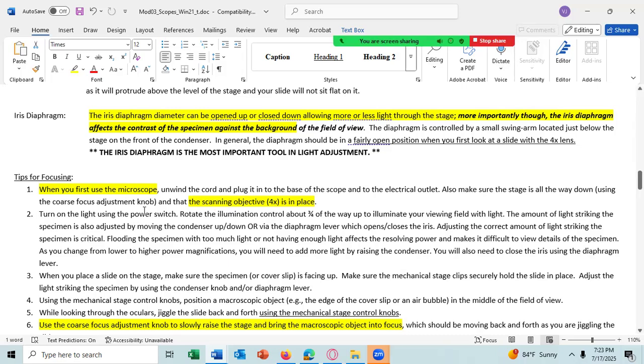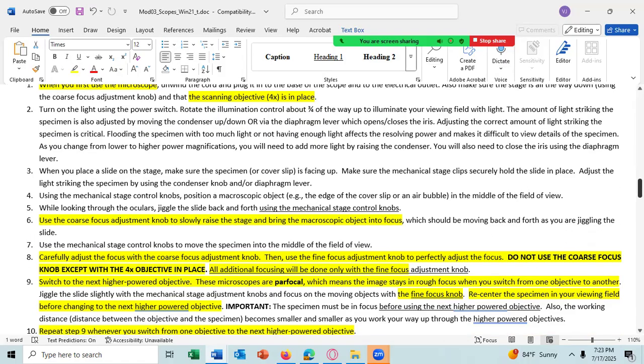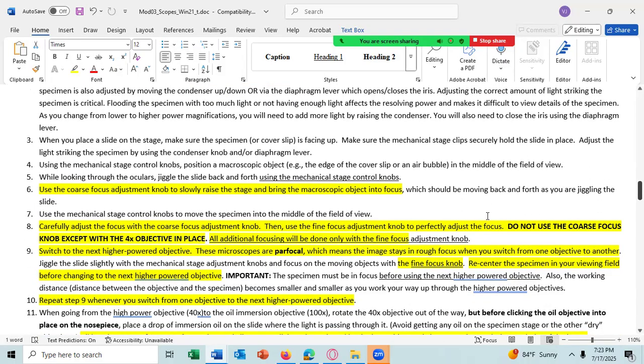Use the coarse focusing adjustment knob to bring the specimen into coarse focus. That will slowly raise or lower the stage and bring the specimen into macroscopic focus, meaning coarse focus.